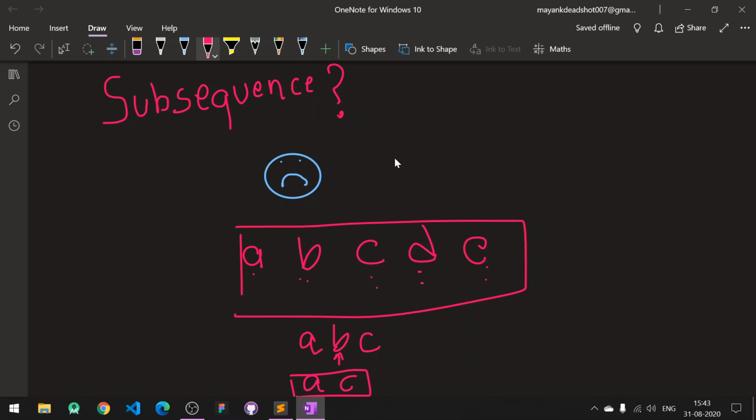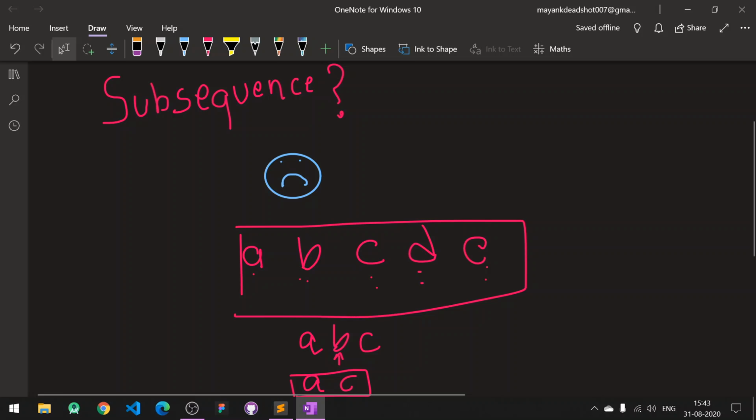So what is the definition of it? It is a sequence of characters in which we can delete one, none, or more than one characters from between the characters. That is the definition of the subsequence.